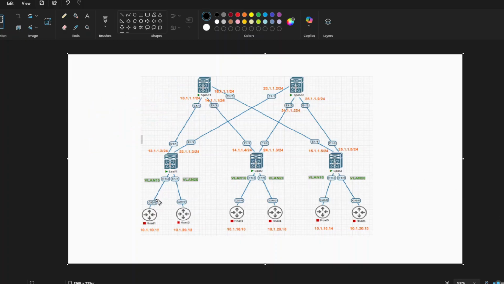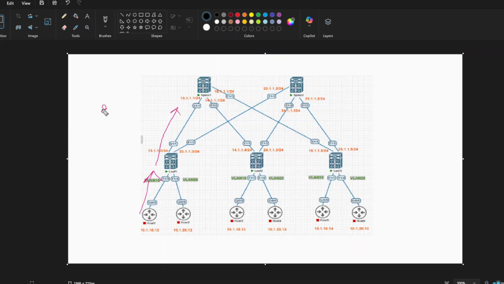Let's say host 1 sends an ARP request. The packet reaches leaf 1. Leaf 1 does the encapsulation into the VXLAN. So now, instead of sending multiple unicast copies, what Leaf 1 does is send one packet to the multicast group,